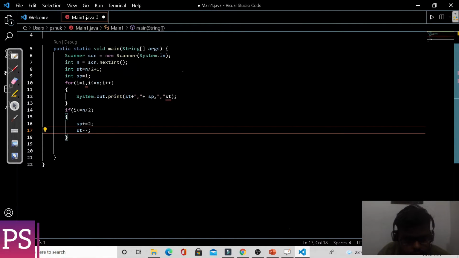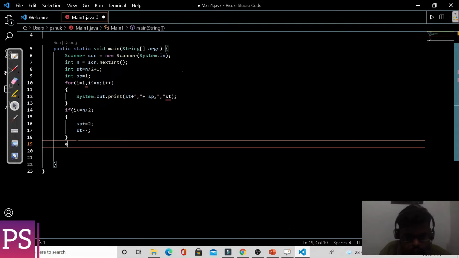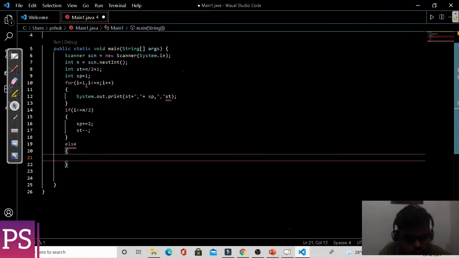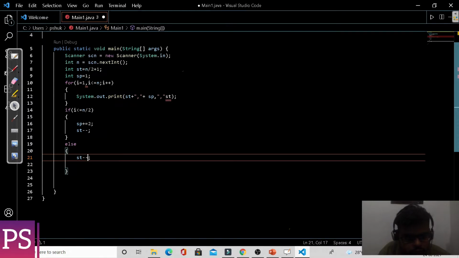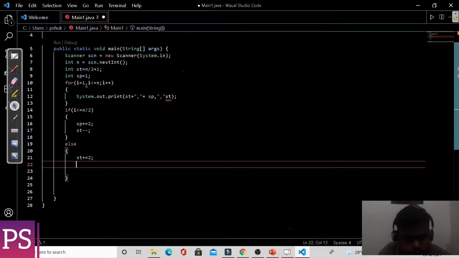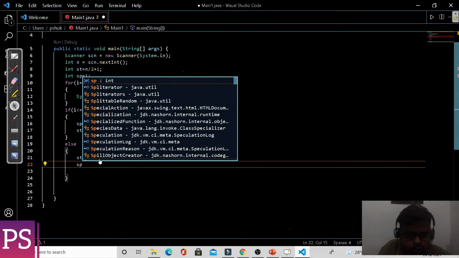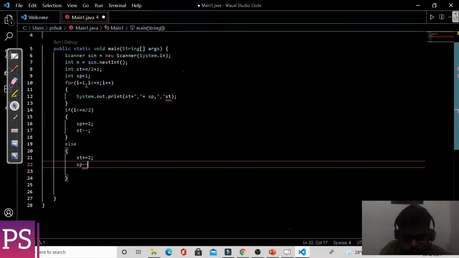Else st is increasing by 1 and sp is decreasing by 2.